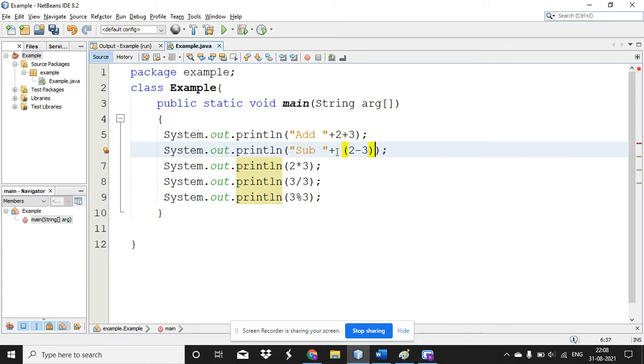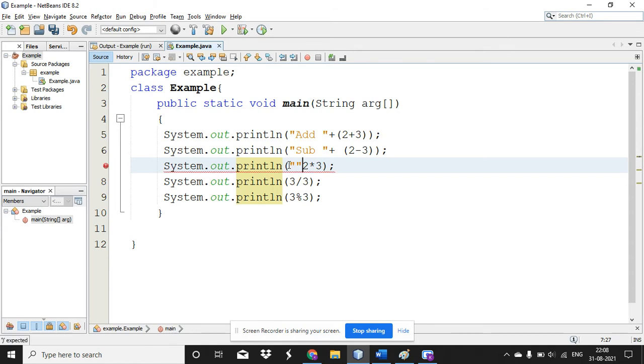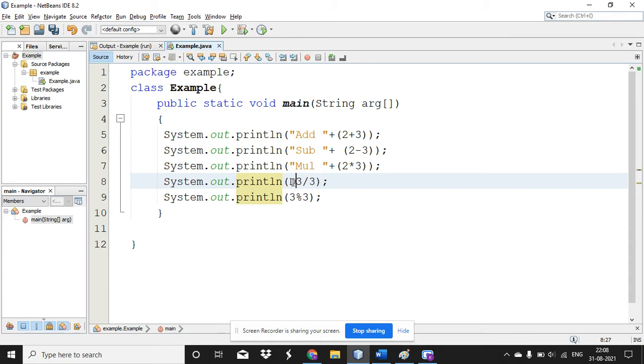Sorry, brackets are needed. So here also brackets are needed, and the same thing, subtraction, multiplication, brackets needed, and division, and maybe modulo.